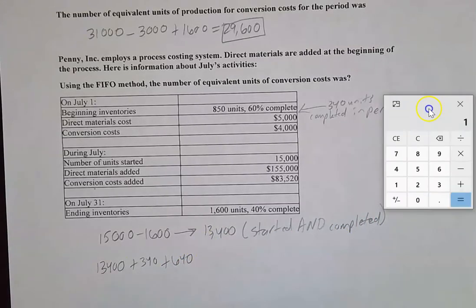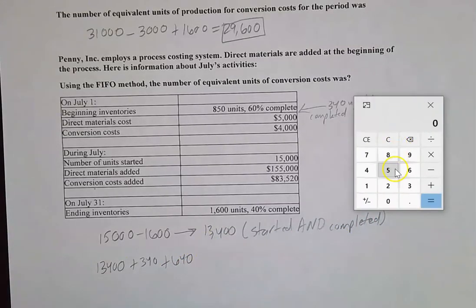Okay, so all we have to do is add these figures up. Let's see what we got here. 13,400 plus 340 plus 640. And this is